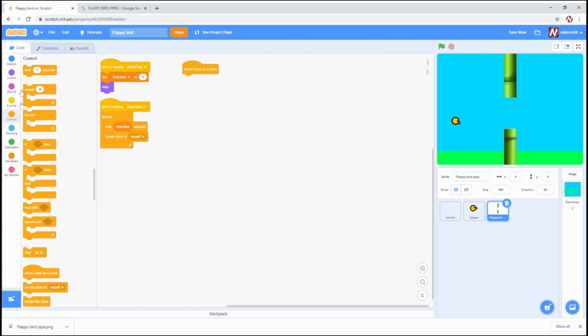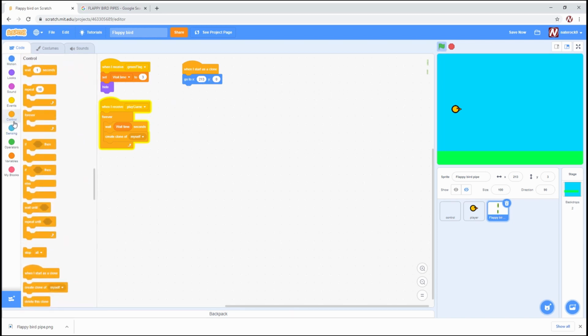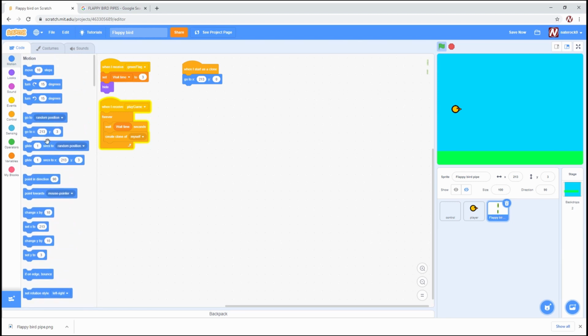We are going to go to x0, or no, y0, and then for our x, I want to make it go to the end, so for me that is 213. So you just put in whatever that x value is for you. And then what we want to do is basically glide to 0,